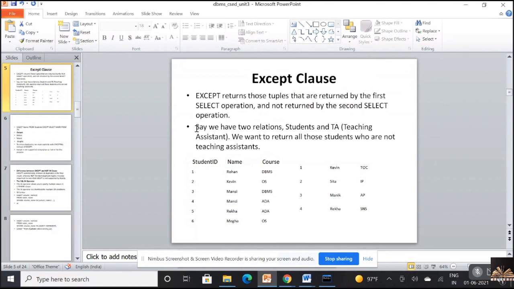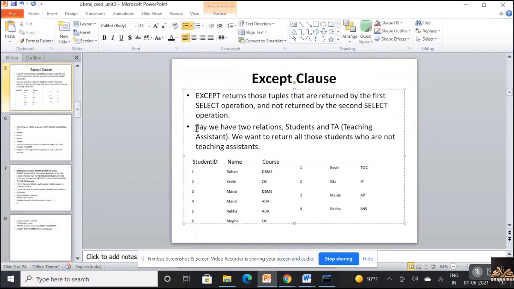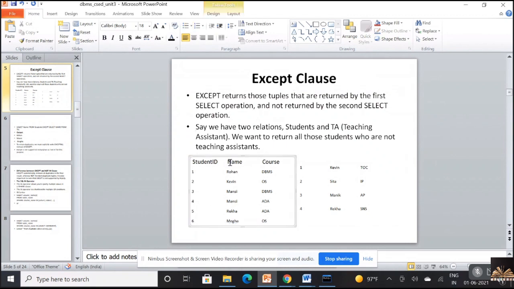Assume that we have 2 relations. The first one is the student's relation, which consists of student ID, name, and course. The student table is highlighted over here, and the student IDs are 1, 2, 3, 4, 5, 6.